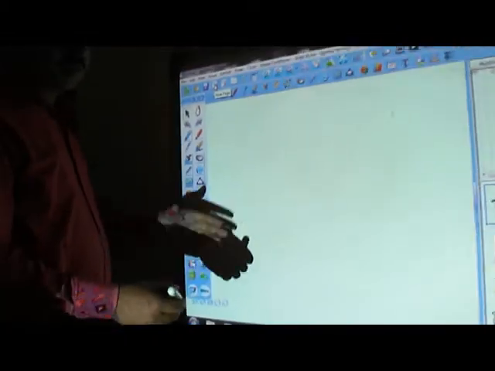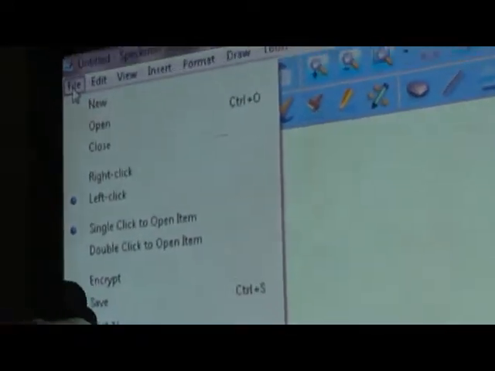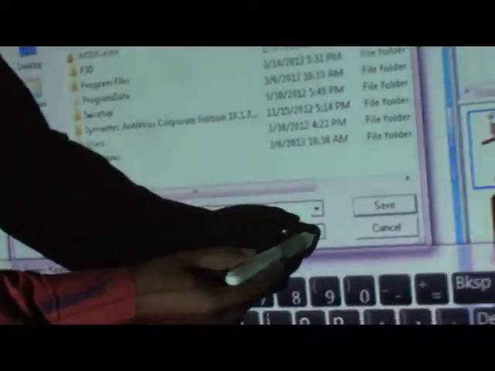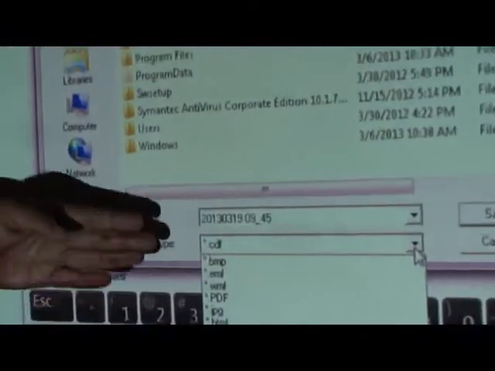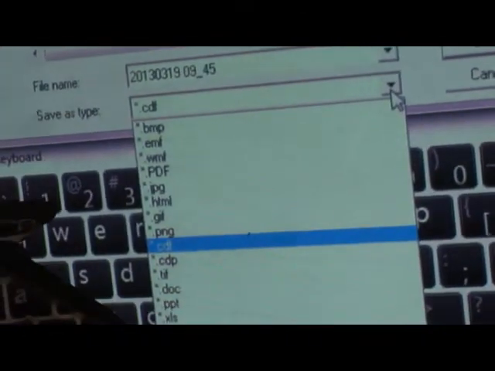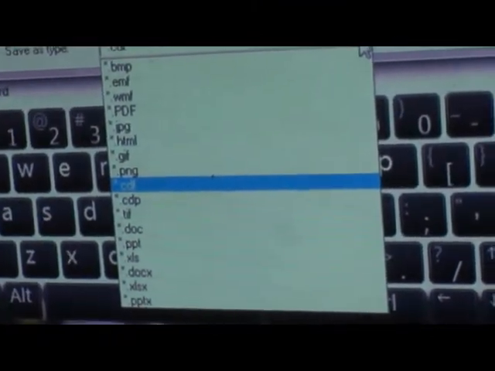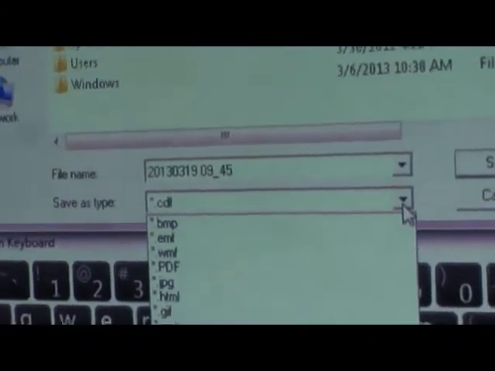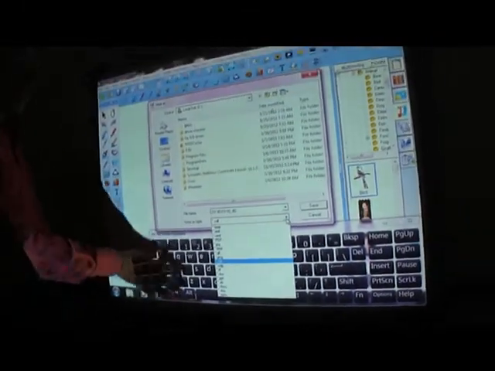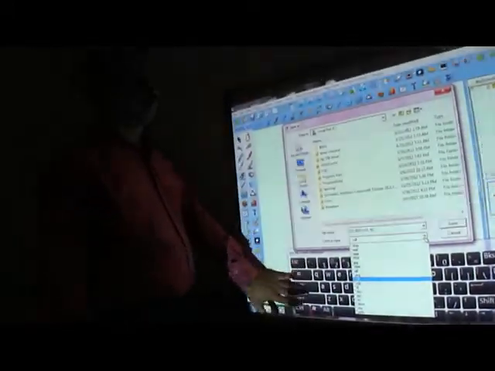Apart from this, you have other features, like the saving option. You can save a particular file which you have done into multiple file formats. You can see the types and number of formats. Now this is another unique feature of the Spectron board. You can save into a great number of file formats, which is not easily available in other boards in the market. And there is one more thing, once you go to the saving option, automatically the keyboard also comes into the picture, where you can use the keyboard on the board itself.